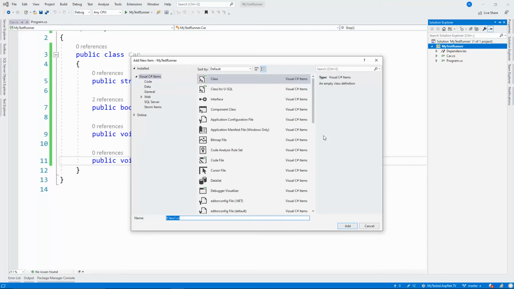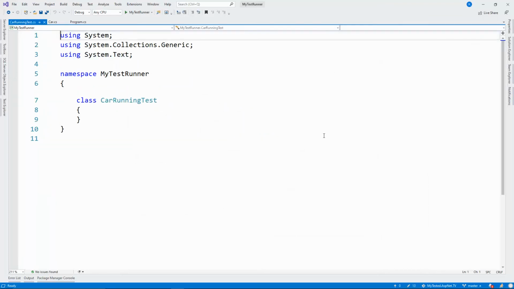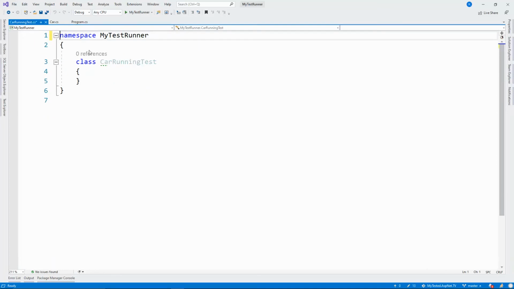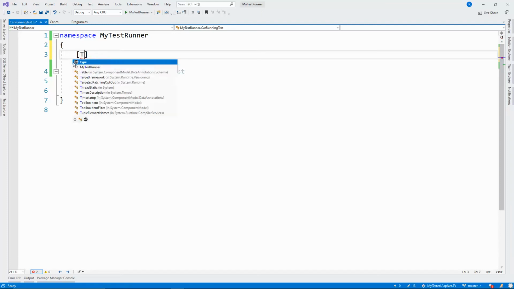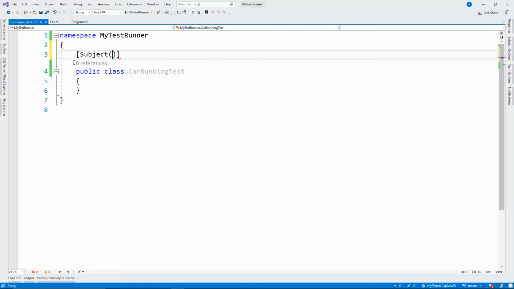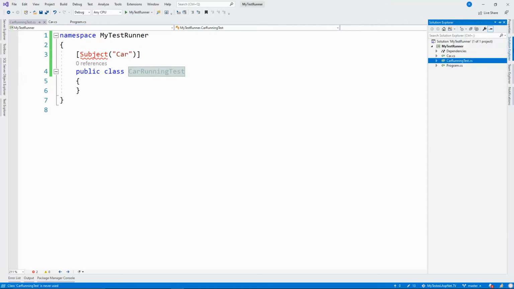So if I have car running test, something like that, what I would like to do is to have a test property here, really, or subject, like this. I would say car. Then I will name that class